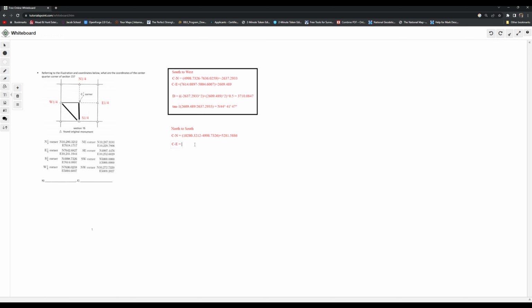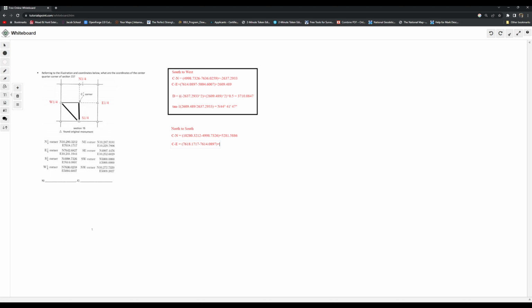And easting equals, all right, so we're going to again do the same thing: 7618.1717 minus 7614.0897. That looks good. See, now that you can see this, you can clearly tell that this north quarter corner